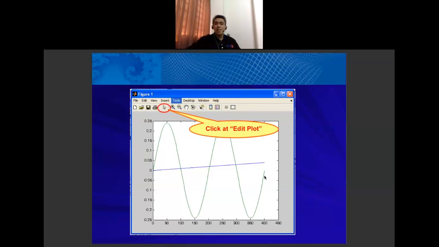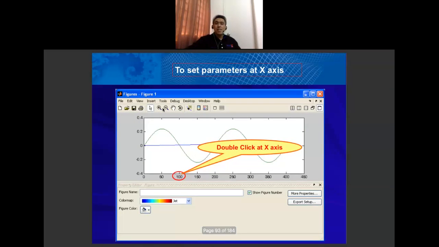Alright, so click at edit plot, then double click at add axis.